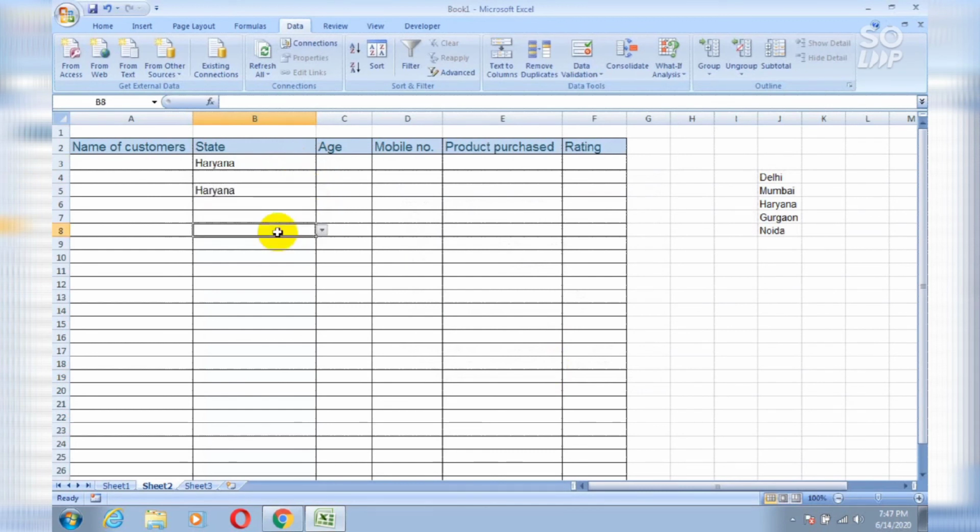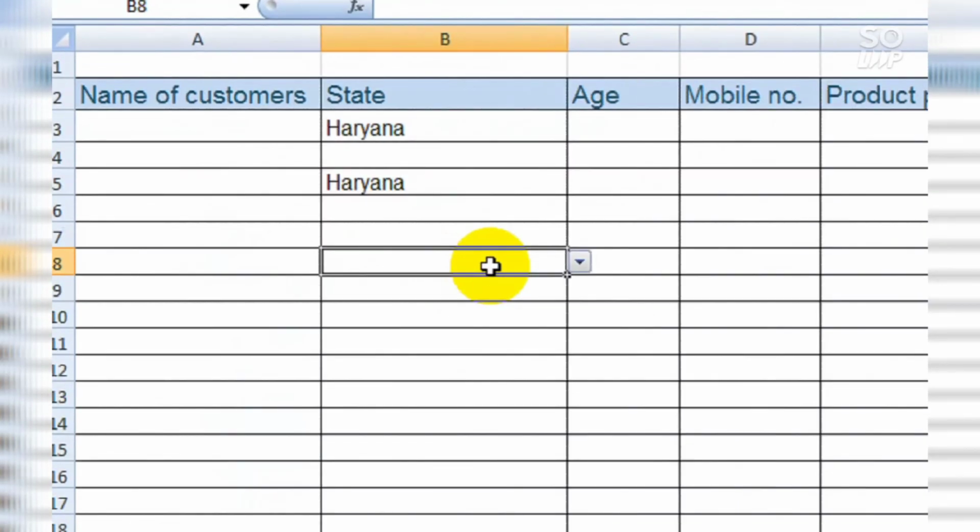So here as you can see that your drop down list is ready in B column. So you can select any state from this drop down list only. If you type any state other than that, it won't accept it. Like I typed Maharashtra.